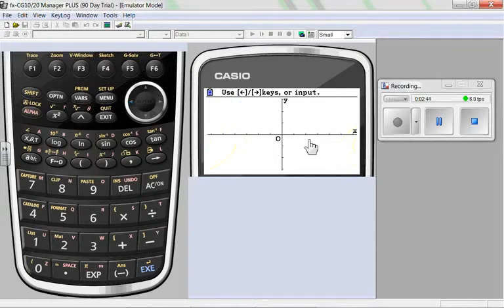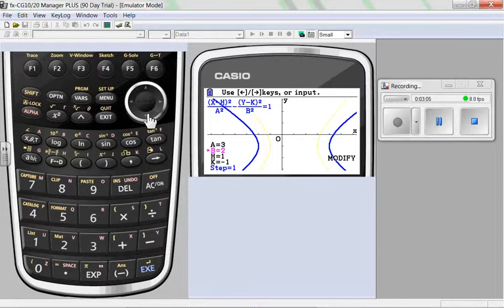Again, this is a great time to conjecture with the kids, with the students, and see what they notice. What happens as I move in closer and closer? That value can never be 0 because it's dividing by 0. And all I'm doing is pressing the left and right arrow keys. If I wanted to change the B, let's see what happens when I change B. Make B 3. Make B 4. Now the hyperbola is getting wider. It's opening up wider. Let's go back.